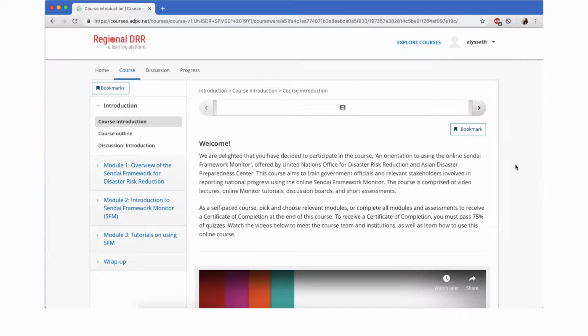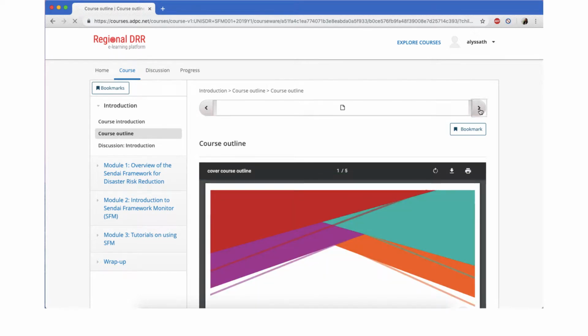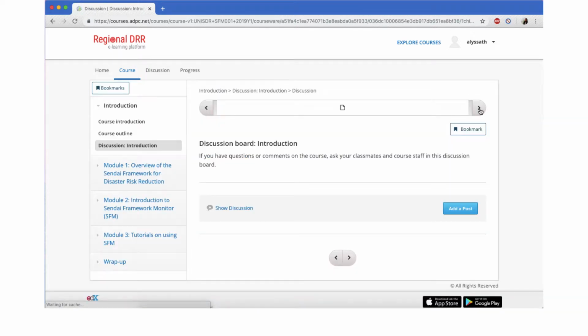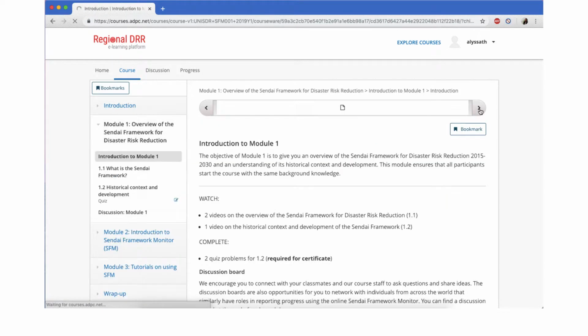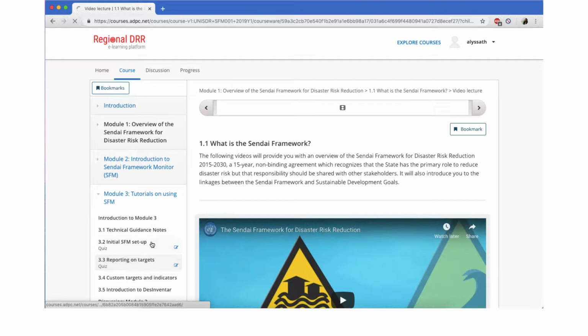As you navigate through the course, we recommend that you use the arrows on this top scroll bar to move through the course content. This will ensure that you follow the course in the correct sequence so that you do not miss any material. Otherwise, you can choose to skip to the exact module or unit using this course outline